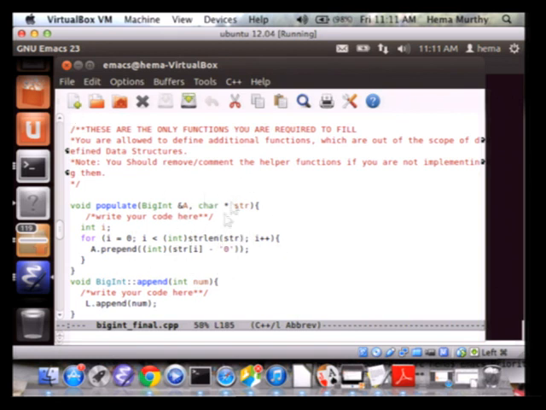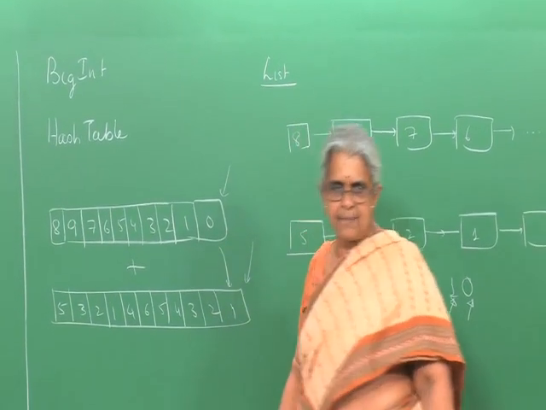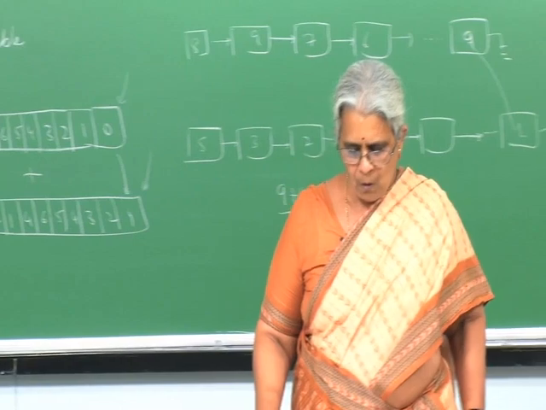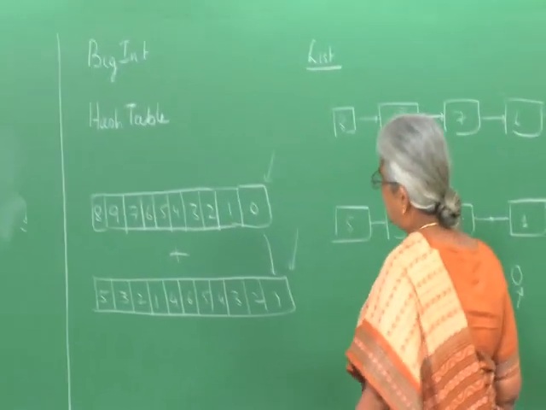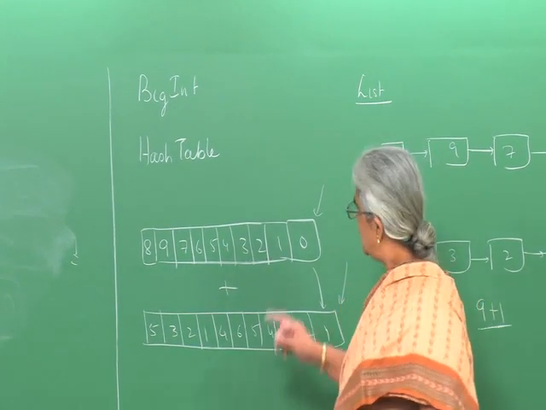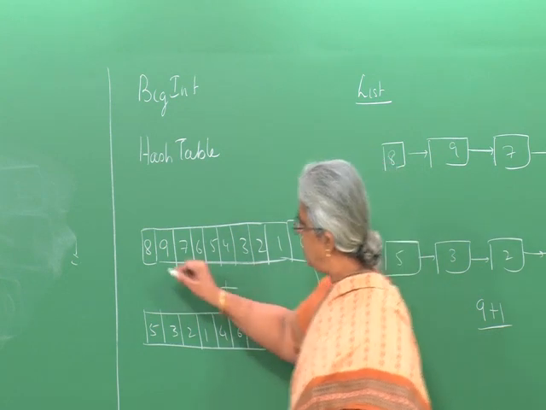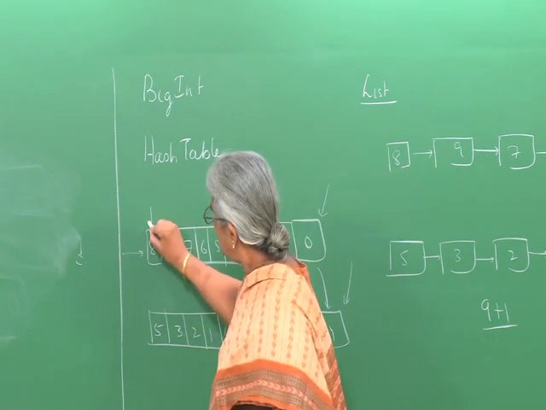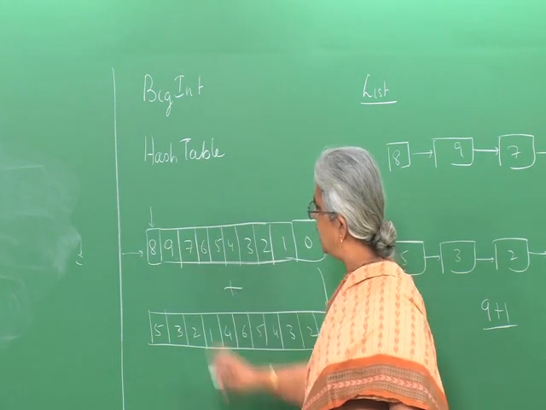So what are we doing? As I mentioned previously, we read the big integers. Okay, this is big int 1 and this is big int 2. We read them as strings, and something clever is being done in this particular program. After all, what is the big int using? It is using a list, right? So what we're doing is inserting every time, reading from left to right. As soon as you read this element, I put it in the first position. Next 9 is put in the first position.